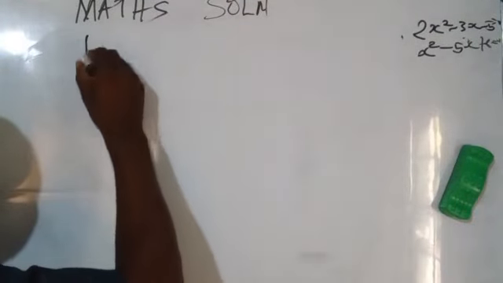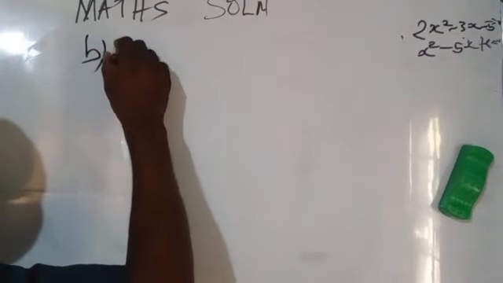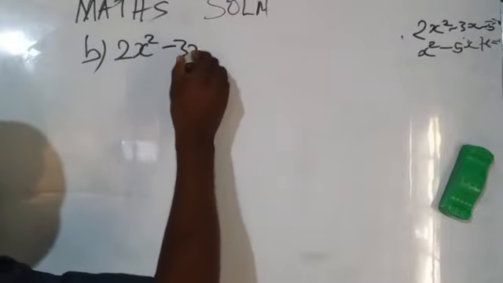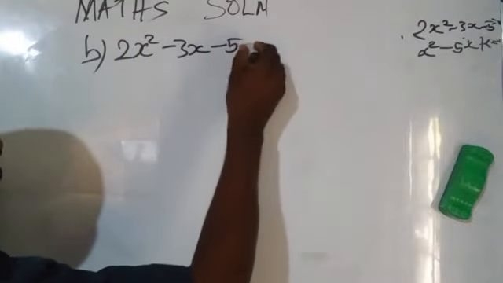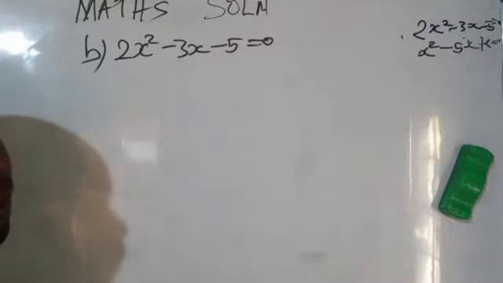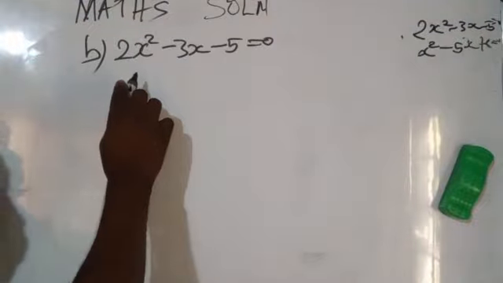So that we'll have the B part of it. We'll have 2x squared minus 3x minus 5 equal to 0. Okay, here. Now, following the first method that we used before, then we have that